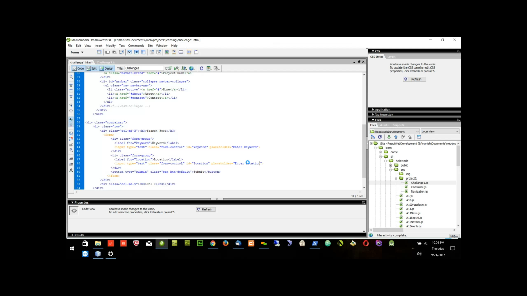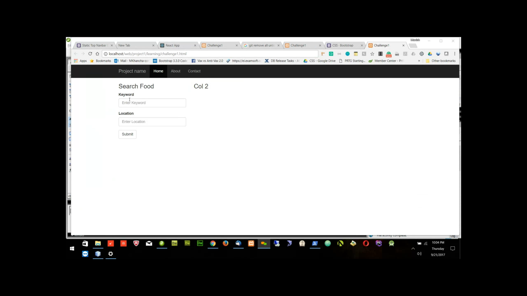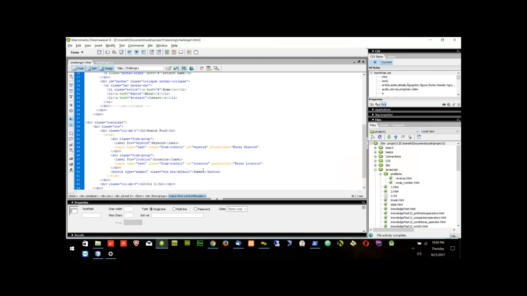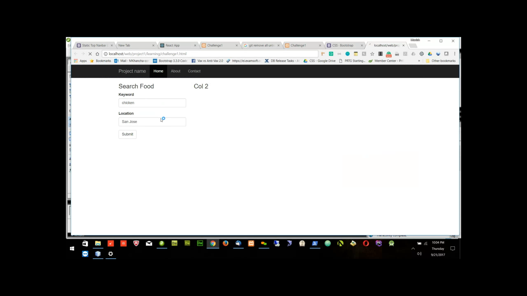So if I see my page, on the left side, I can see search food keyword. I can put any keyword which I want to search. Maybe I can say chicken. Anyone donating chicken. Here for location, I will put San Jose. I want all the people near San Jose who are donating chicken, and I will say submit. Instead of submit, I will change it to search, and instead of default, I will change it to primary. So if I now refresh the page,